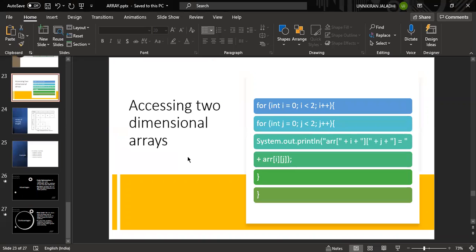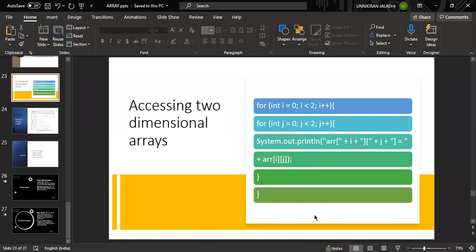I think practically we didn't discuss this. Let me show you how to print the values. We already discussed this, but the way we are going to give the inputs: we are going to give the size at runtime, and after that, we are going to assign the values at runtime as well. So make sure you understand this, which is very important. It means giving values from the keyboard at the time of execution.